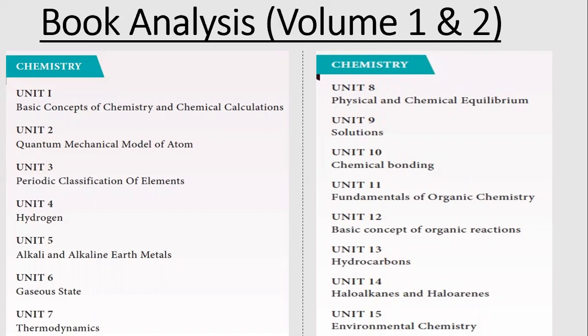Here the units 1, 3, 4, 5, 10, 15 come under inorganic chemistry, and the units 11, 12, 13, 14 come under organic chemistry, and the units 2, 6, 7, 8, 9 come under physical chemistry. Okay. So now we'll move on to the first unit,